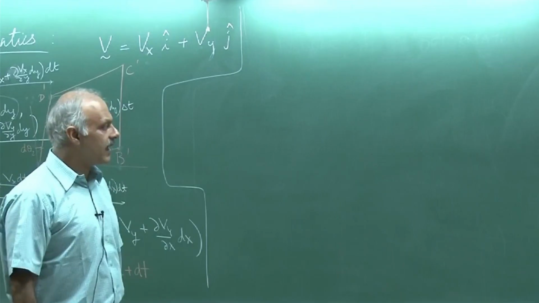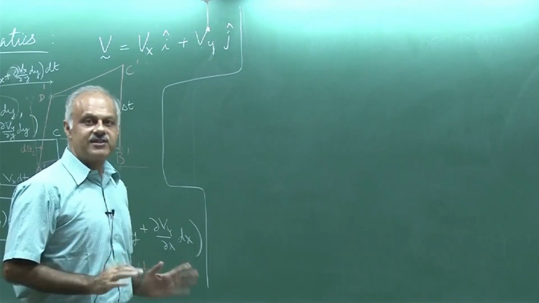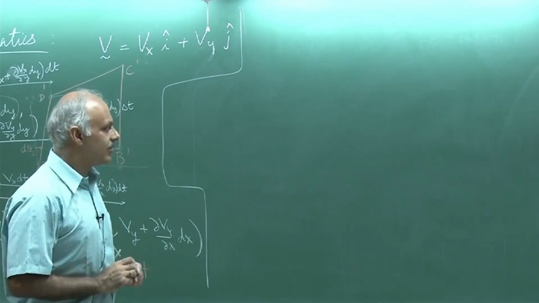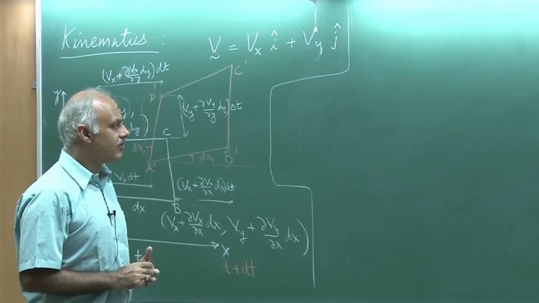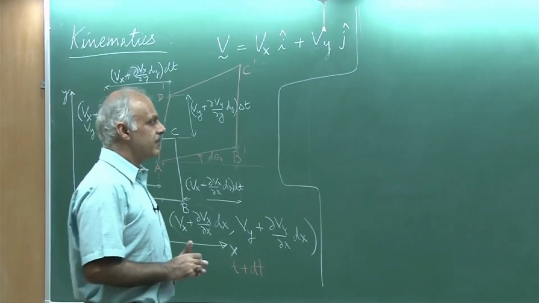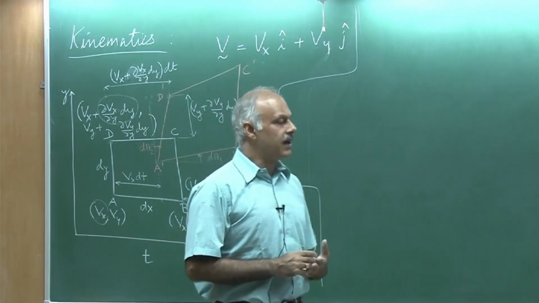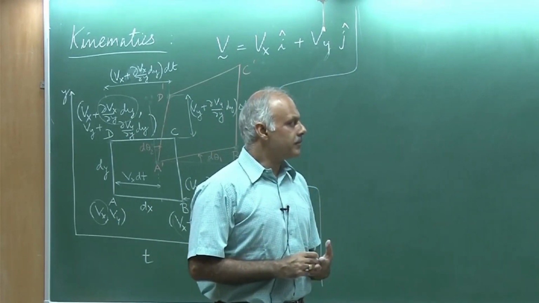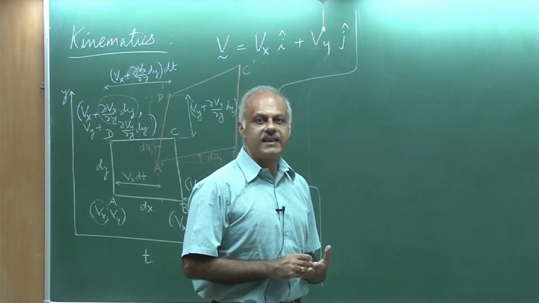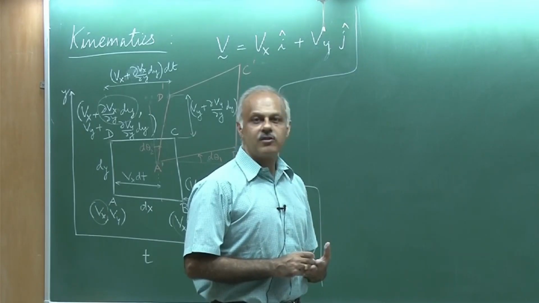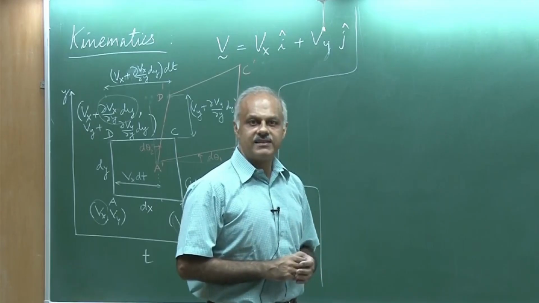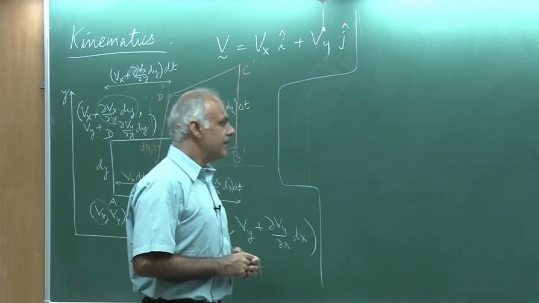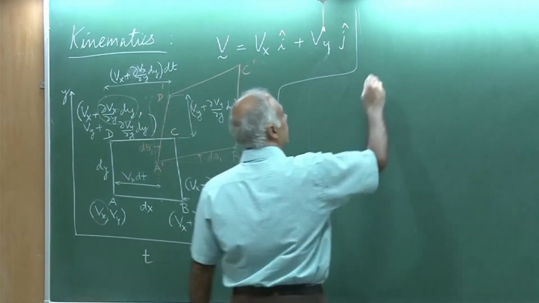Okay, now what I would like to do is show you something extremely interesting. I think you are going to like this very much, and this would be very useful in our understanding of fluid mechanics. So, I want to show you the role of the velocity gradient in the curl of the velocity as well as the strain rate tensor that we have derived. Okay. So, let us start with gradient of V.